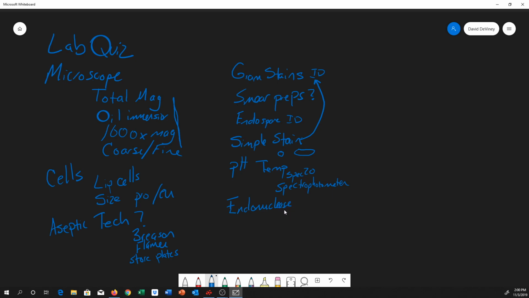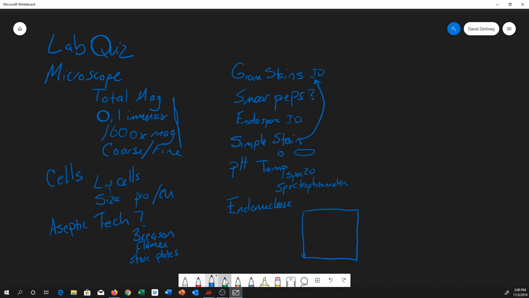So do you know what endonucleases are? Are you able to interpret a gel if I give you one? For instance, maybe even for paternity, right? So if I give you a gel that looks like this,